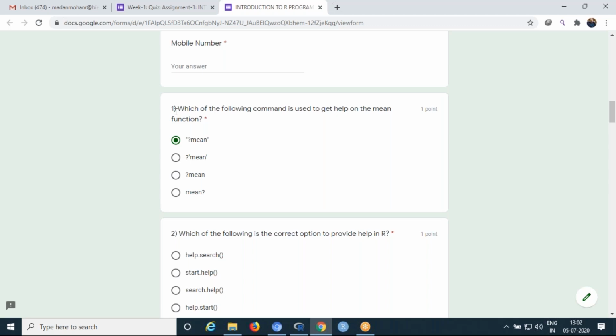Once we have installed our software in our systems, whatever the question, whatever the command they asked, we simply have to copy that command into our R software. Then you can run it and check whether it is executing or not.